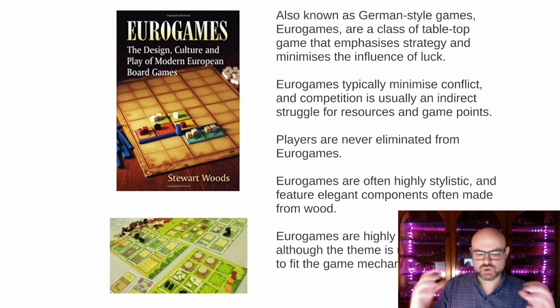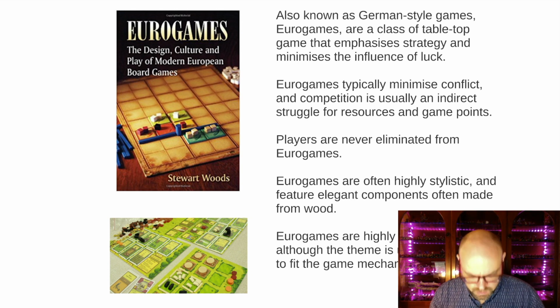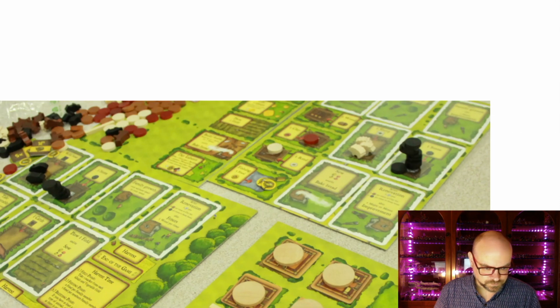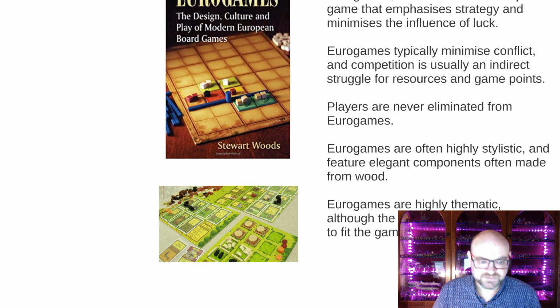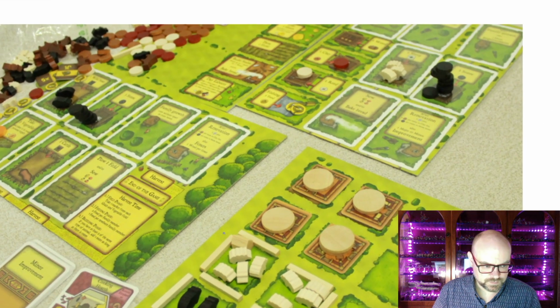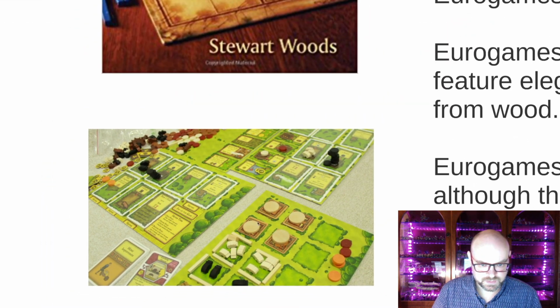And the story comes from building your engine, if you like, your little part of the world, rather than in RPGs where you're collectively telling a story. The story is much more emergent in Euro games, whereas you're building your thing here. For example, you might be building a farm. And you might be putting sheep and pigs.